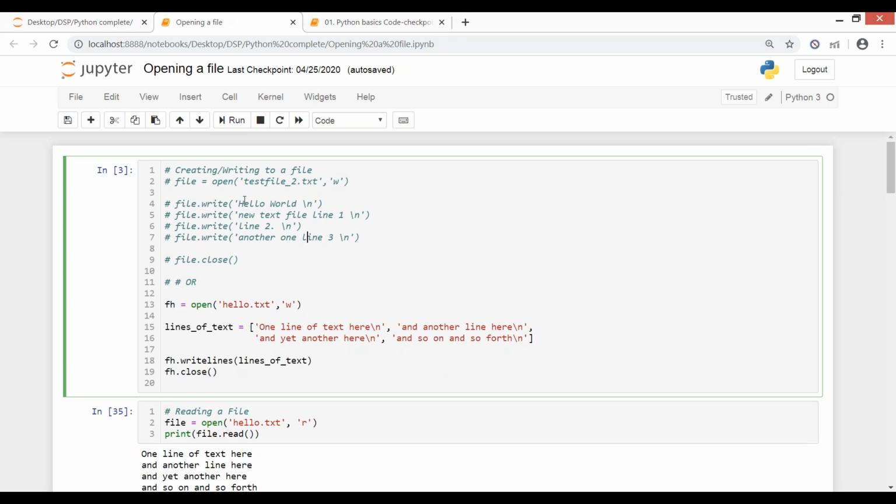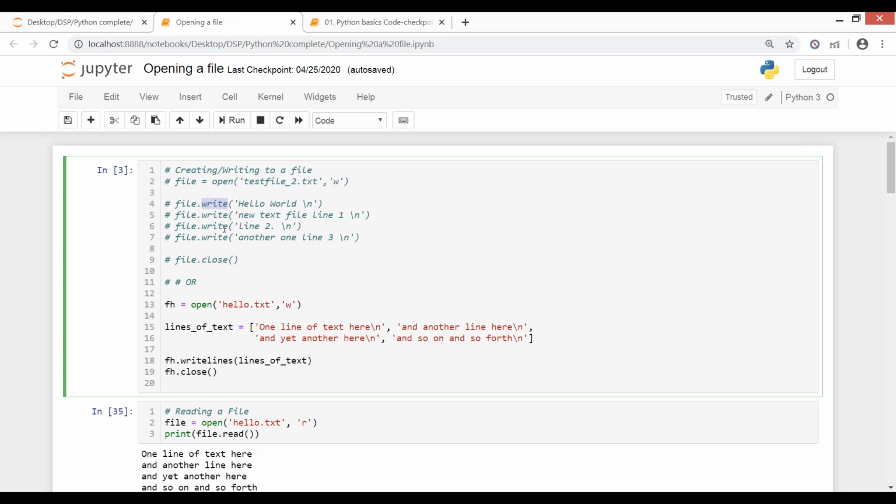Okay? Now this was writing one by one. You can do it this way as well. You can create a list of values or list of text data which you want to write to your file, and then this command: I'm creating a new file here, and then fh.writelines. Initially what we did was write, for writing one thing at a time.